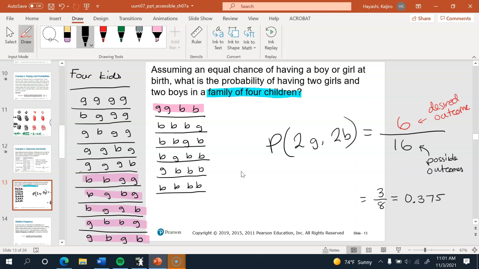What this means is that if you go to a bunch of families with 4 kids, most of them actually will have 2 girls and 2 boys. Approximately over a third, about 37% of them will have 2 boys and 2 girls, and that will be more than any other number of boys and girls. So not really the majority, but a plurality. That'll be the most common amount that you'll see.